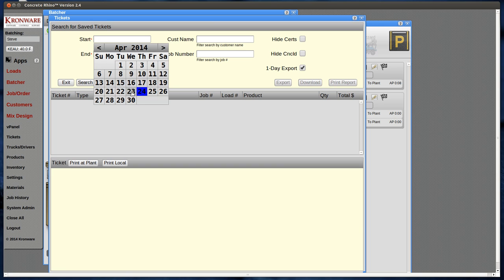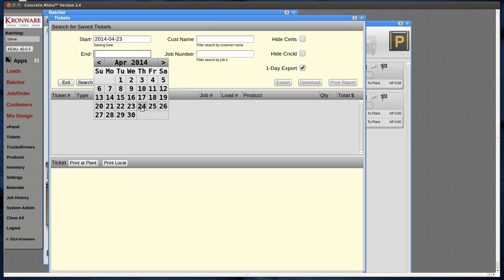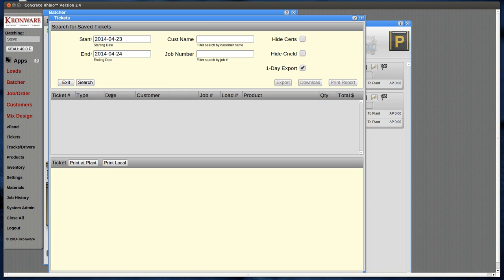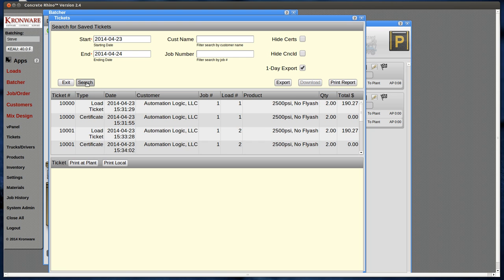So a date range is selected. As soon as the ticket app's open, you have to select a range. We'll show loads from yesterday and today. Again, these are just test loads. We can filter by customer name, job number if we want, but let's just search this, and you can see